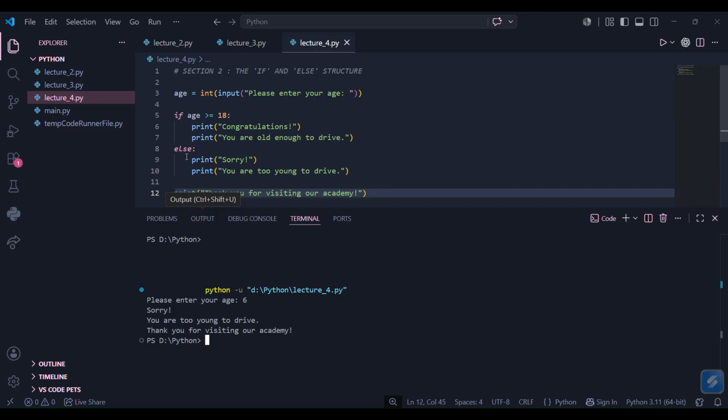Notice how in these lines 6, 7, and 9, 10 are shifted to the right by exactly 4 spaces. In other languages like C++ or Java, they would use curly braces to group code blocks together. Python doesn't use any curly braces. Python uses indentation, that is white spaces. When you type a colon at the end of the if or else line, like after 18 and else here,